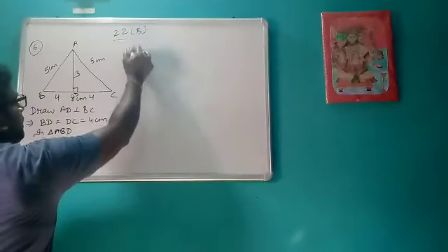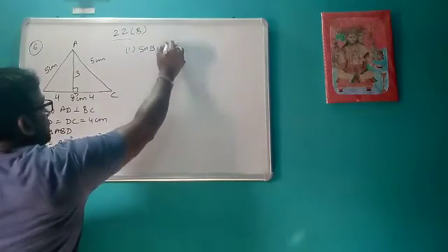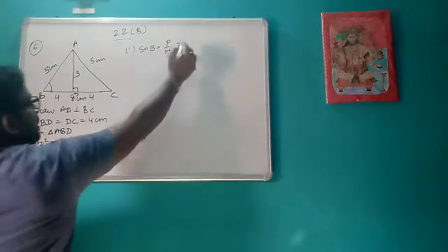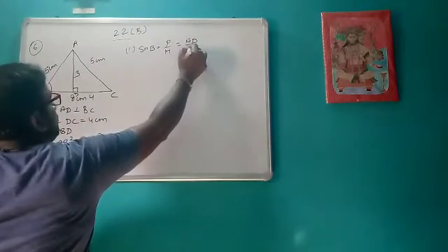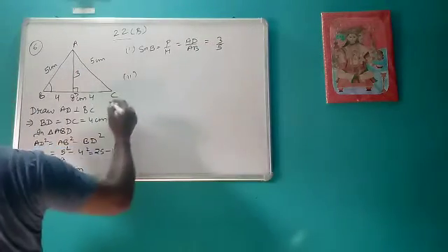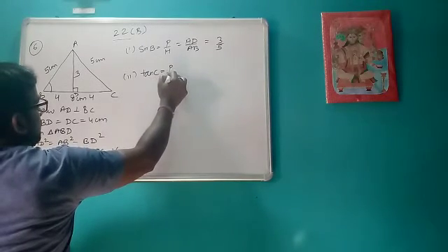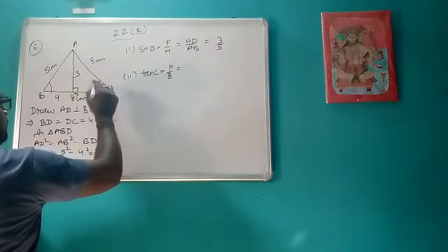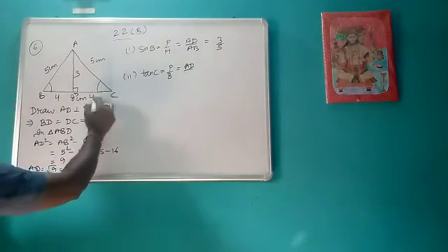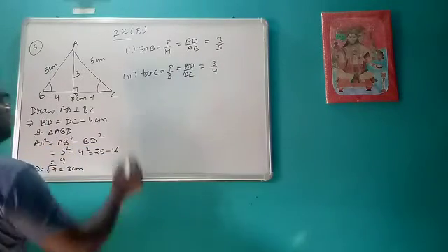So first value that we have to find is sine of B. So what is sine theta? P upon H. For this B, this is your B. What is perpendicular? AD. What is your hypotenuse? AB. So it is 3 upon 5. Then second value that we need is tan of C. P upon B. So this is your C. For this C, perpendicular will be AD and base will be DC. So it is 3 upon 4.